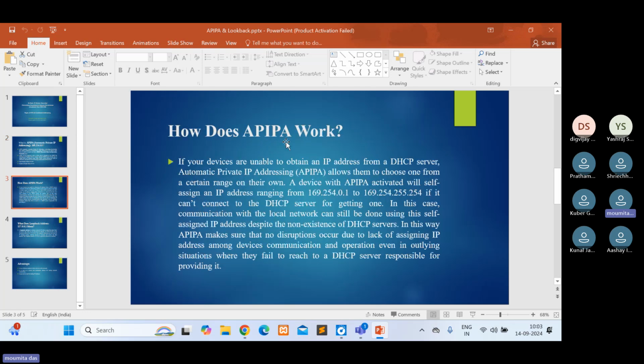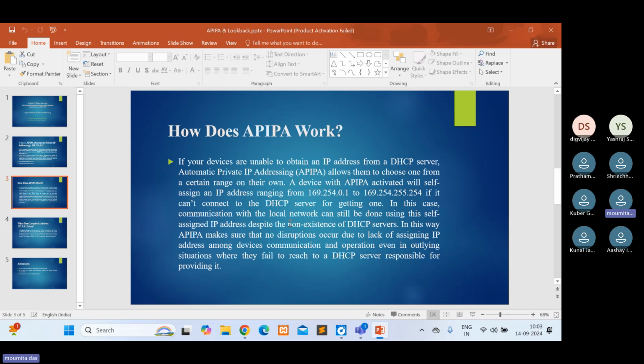How does APIPA work? If your devices are unable to obtain an IP address from the DHCP server, automatic private IP addressing allows them to choose one from a certain range on their own.